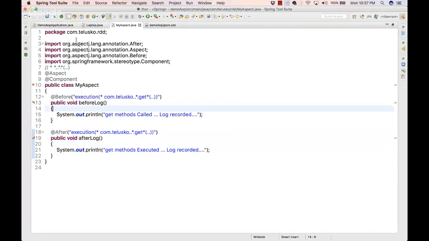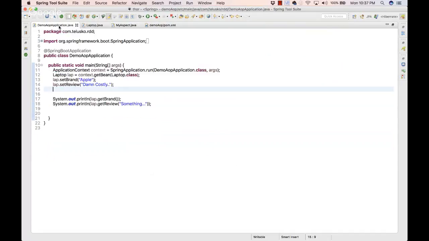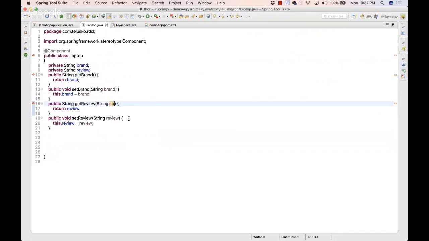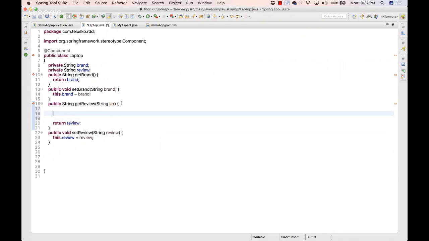What I will do here is in this get laptop or get review, I will say int i equal to 10 divided by 0. What do you think? Will it give you error? This line will give you error, right? So it will throw an exception. And now if I run this code,